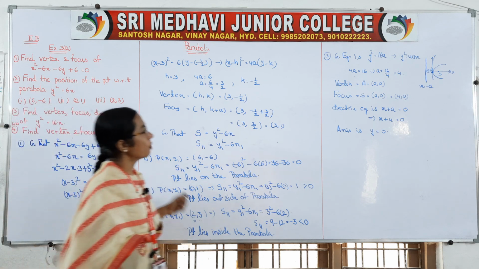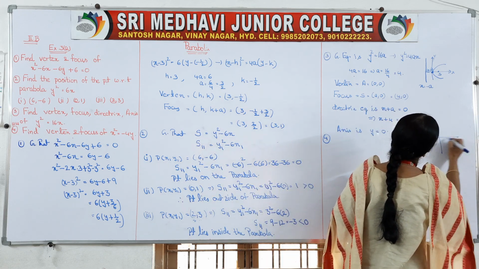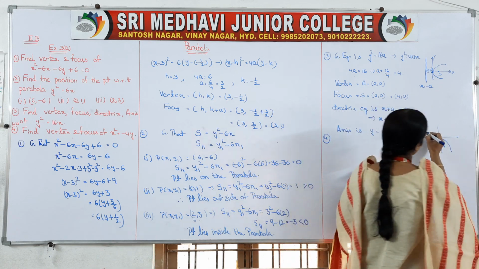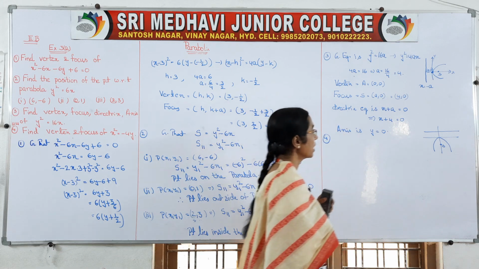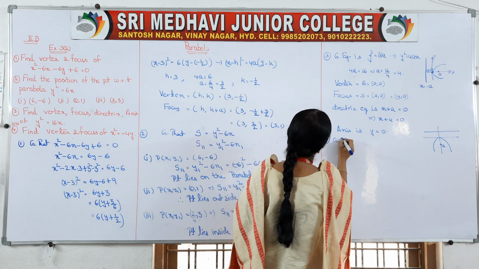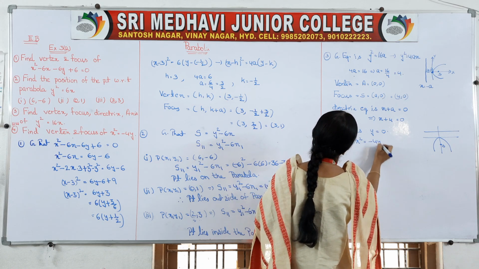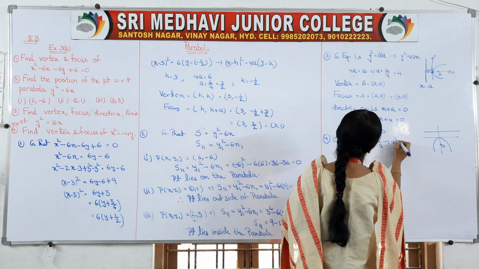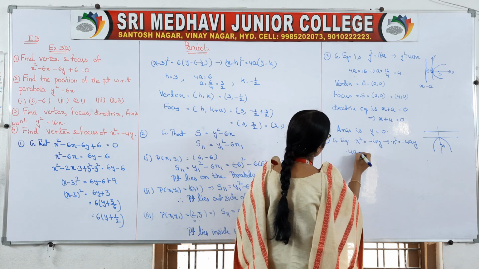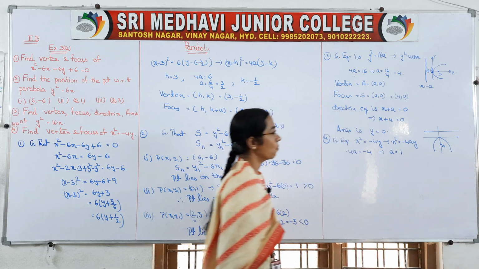Okay, x square is equal to minus 4y, how will you get your diagram? So your diagram will be like this, right? Here you will have your focus, here you will have your directrix. Just compare with the given equation, x square is equal to minus 4y. Compare it with x square is equal to minus 4ay. So minus 4a is equal to minus 4, which implies a is equal to 1.